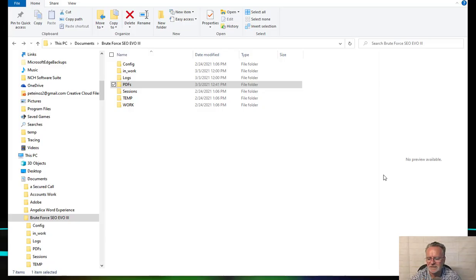Almost forgot, last thing to show you is the file structure. So everything is stored in your My Documents, Brute Force SEO EVO III, PDFs in there. That's really all you need to know. So when you need to find your PDFs, just go to your My Documents, Brute Force SEO EVO III, PDFs, all done. They will all be stored there for your records. And also, of course, you can upload those PDFs to document file sharing sites to get even more links, even though they're already embedded on the